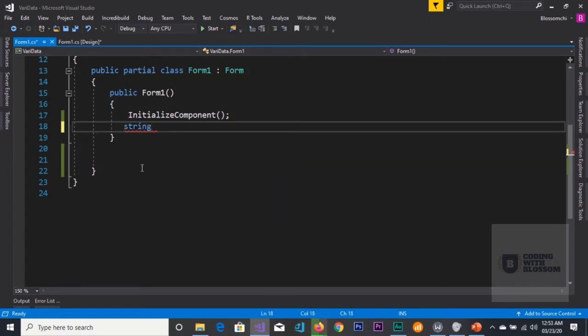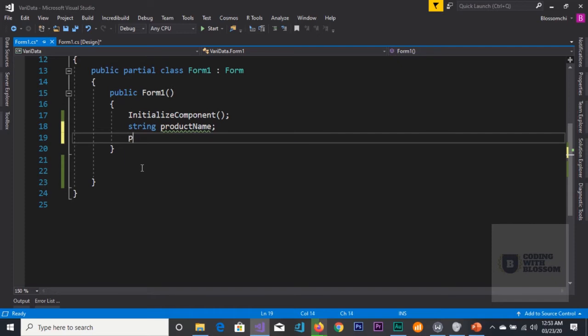I'm going to declare a string variable and name that product name, and I'm going to terminate that. Then I'll come to the next line, say product name, and I'm going to put it in double quotes, then terminate it. What will be my product name? I can say my product name will be HP, or I can just go ahead and say HP, good morning,